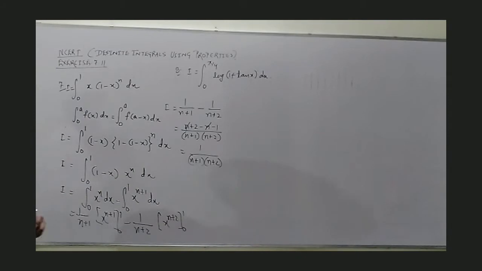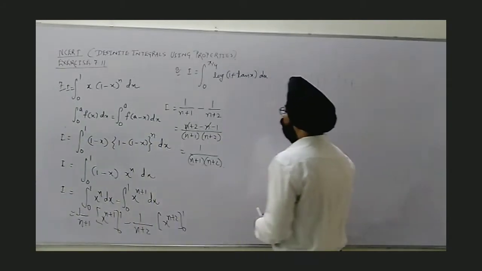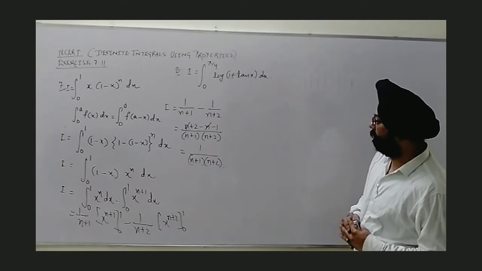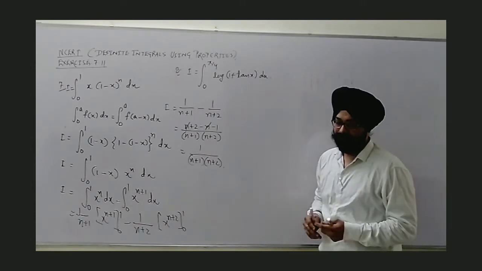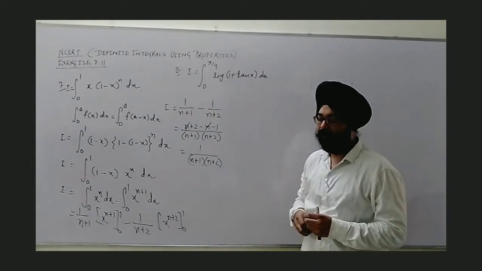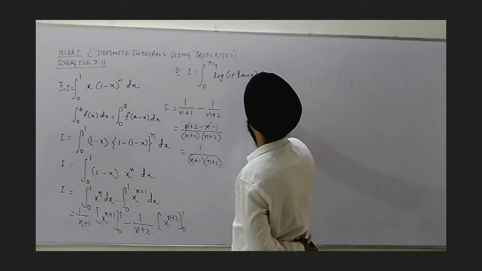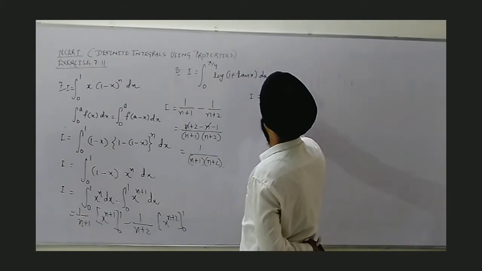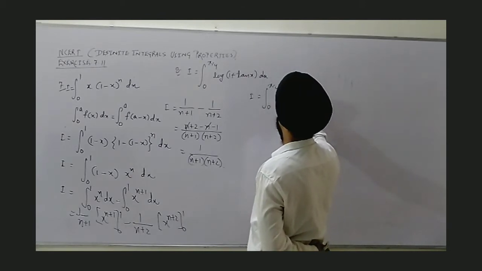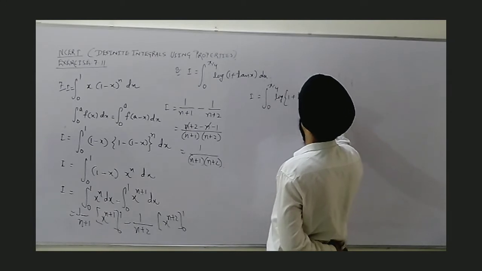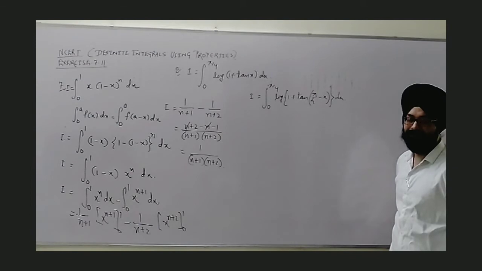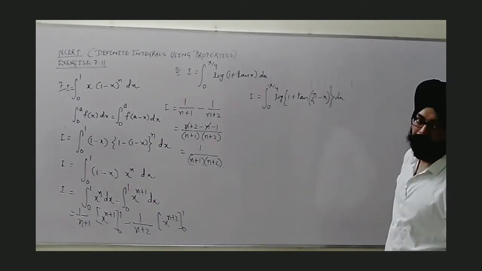Okay. Next, we think of question number 8. This is a bigger question here. Looks like a bigger function. Okay, but still, as it starts with 0, we will use the property as it is. We get I as integral 0 to pi by 4 log of 1 plus tan of pi by 4 minus x dx. As you see that we are having x only in one place with tan. So there we have written pi by 4 minus x.